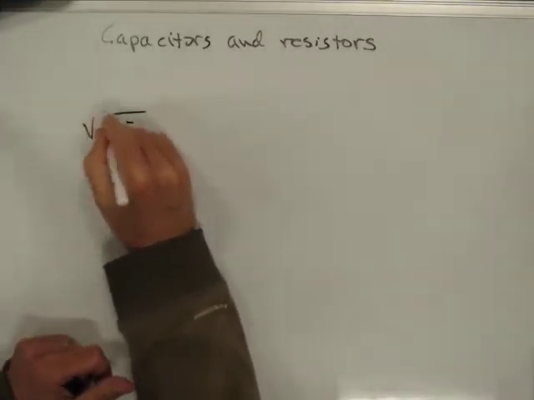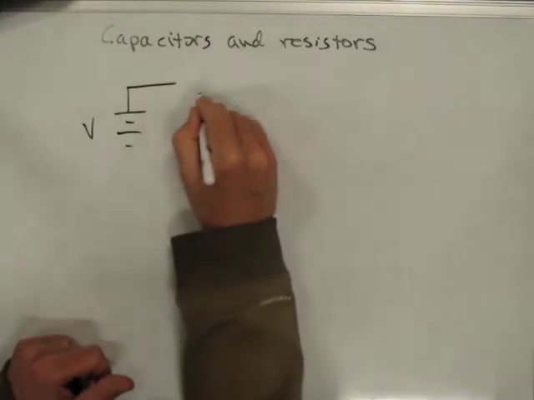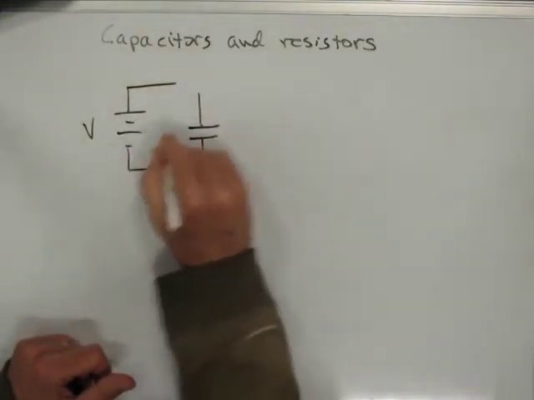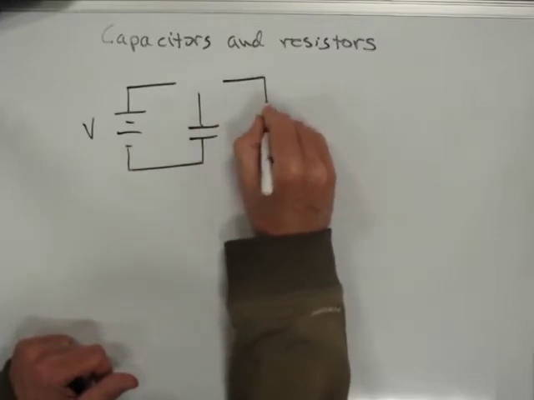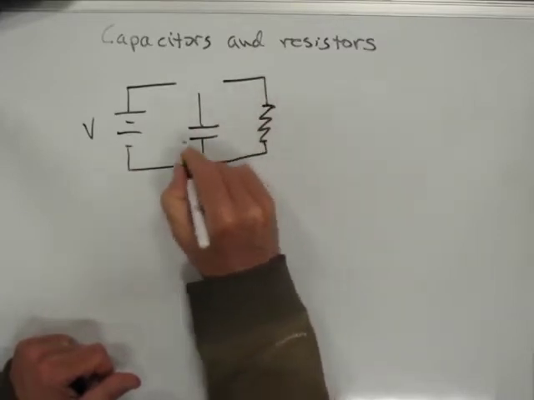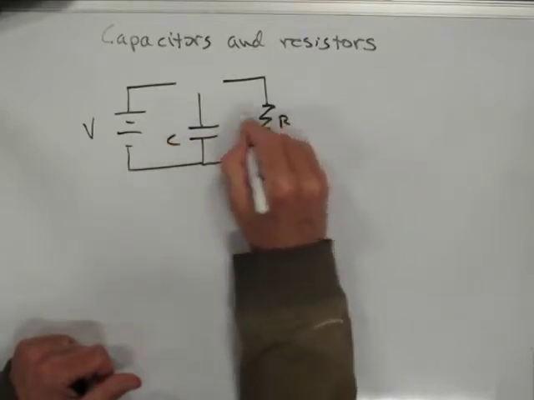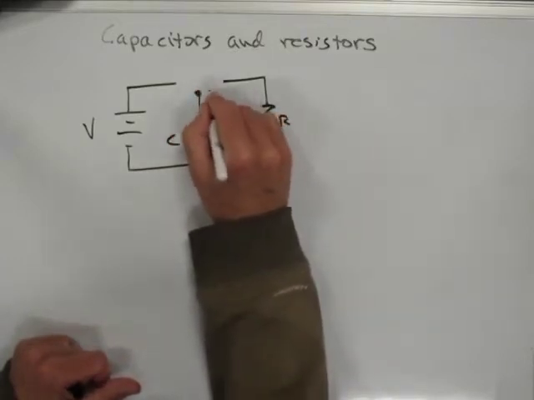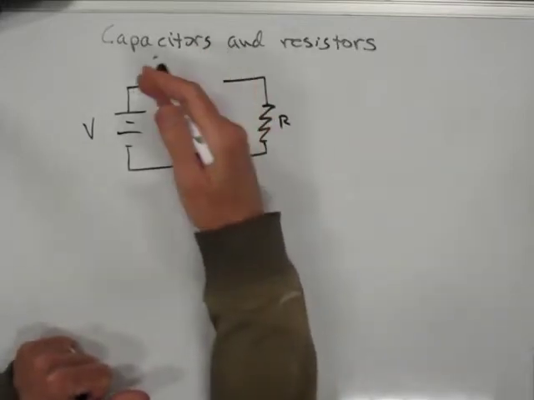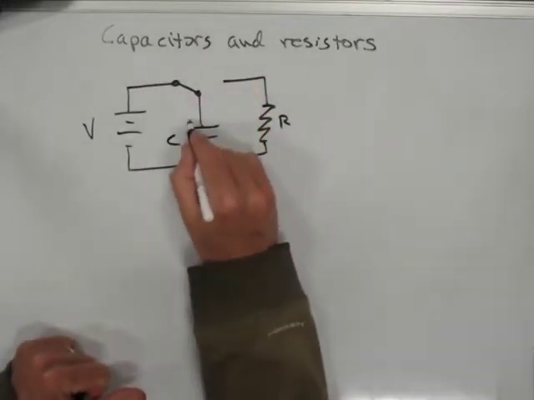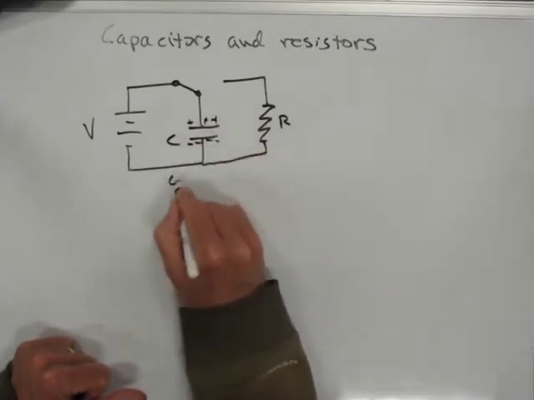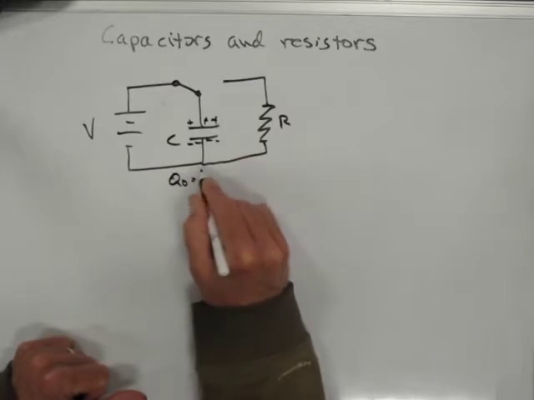with a voltage source here, and then we've got that to a capacitor, and then we've got a resistor over here, right? And so there's my capacitor, there's my resistor, and then I've got a switch. So I can charge this guy up like that by throwing the switch this way, and that gives me plus charges here and minus charges here, and I can say that Q naught is equal to